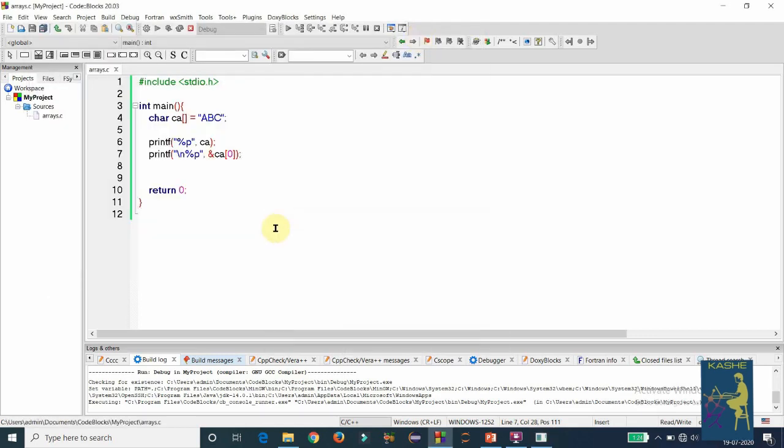Now I will show you how you can access the individual elements by using an index as well as by using the dereferencing operator. For that I am modifying these printf statements. Here, I have displayed the first character by using the index, and then I am displaying the first character by using the dereferencing operator.